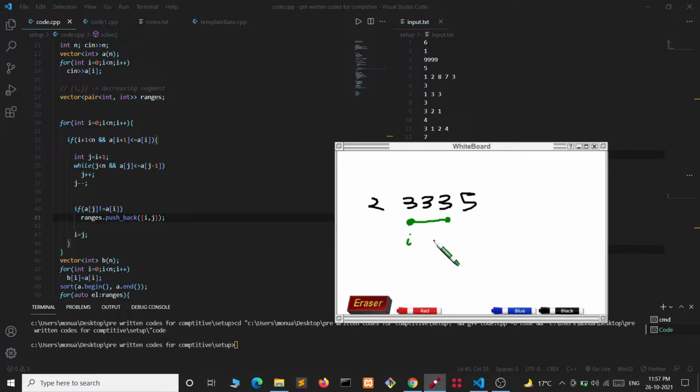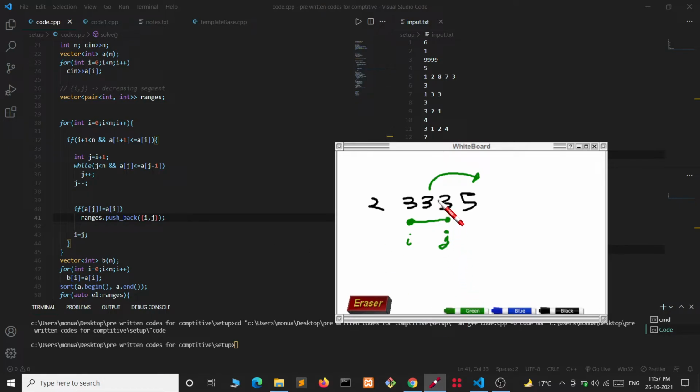We get this as i and this as j, but it does not make any sense to reverse this because we will get the same subarray after reversing it. So we only need to change when a[j] is not equal to a[i].